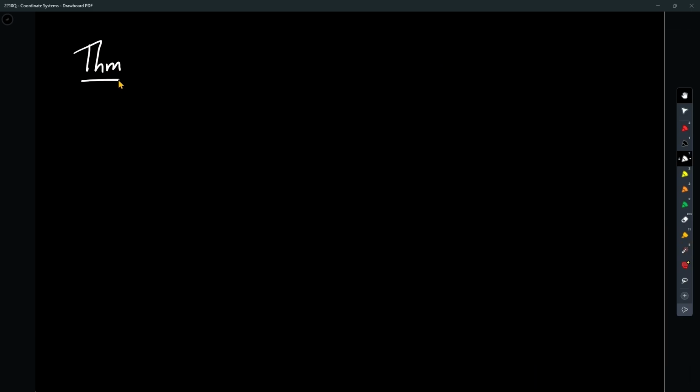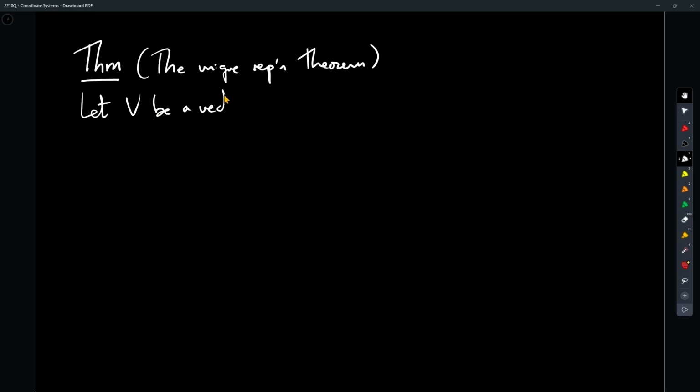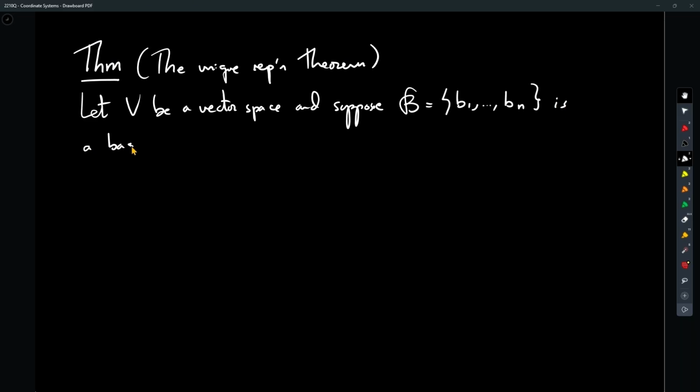Such a theorem is called the unique representation theorem, and it says the following: let V be a vector space, and suppose that B, with elements B1 through Bn as basis elements, is a basis of V. Then for each v in V,